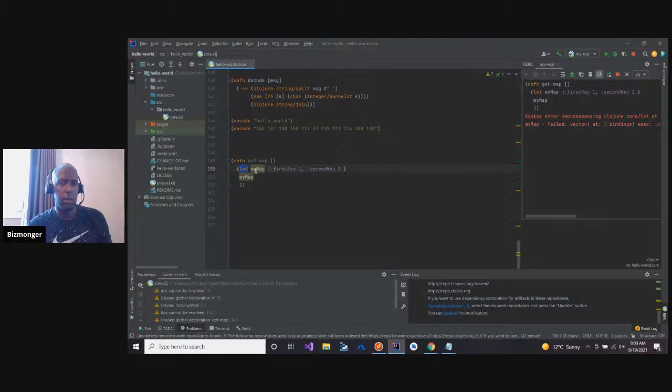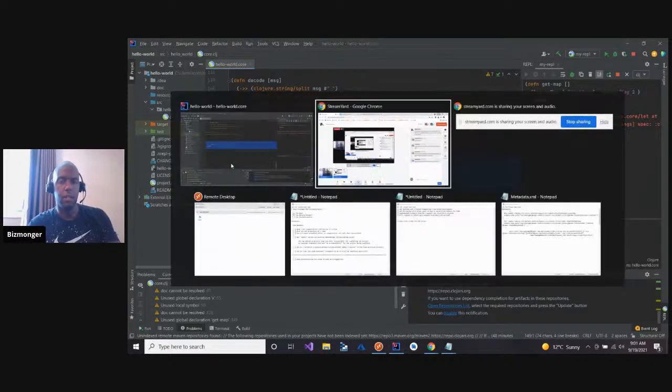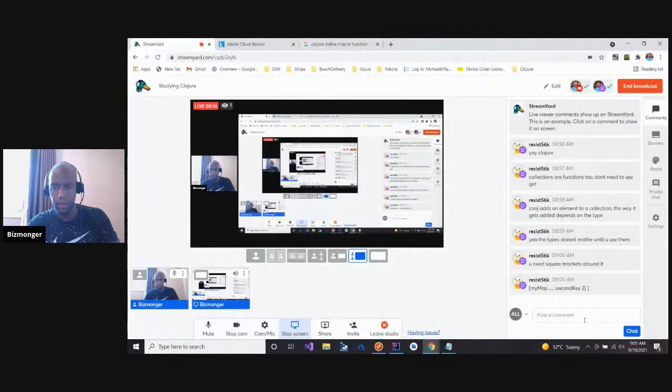And what I want to do is within this function called get map, create a map and then just return it. But I don't understand what this error is. Can you help me out? I could paste it in here if that's helpful.